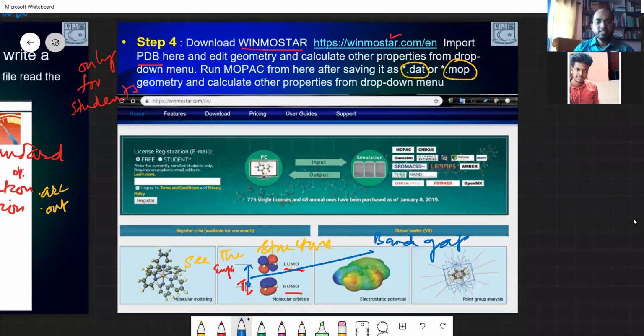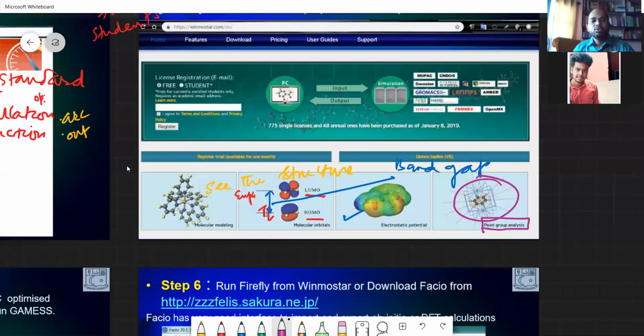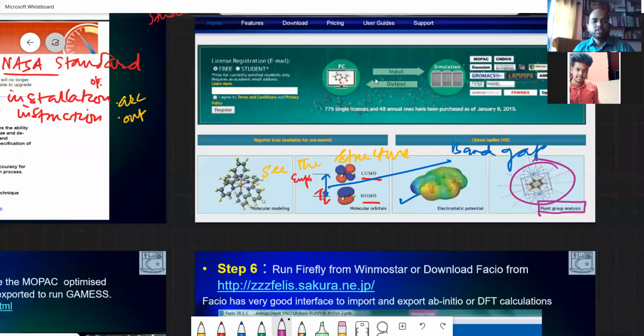Okay, so you can see the electrostatic potential also, and finally you can see the point group analysis. So you have been studying the point group theory in physical chemistry for the past 2 semesters. There it clearly explains the groups. So you can see this, and the molecule which you input can be assigned some point groups. Therefore, it becomes very easy for you to analyze using that.